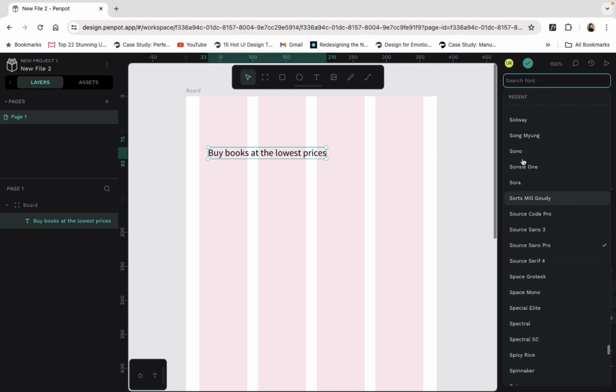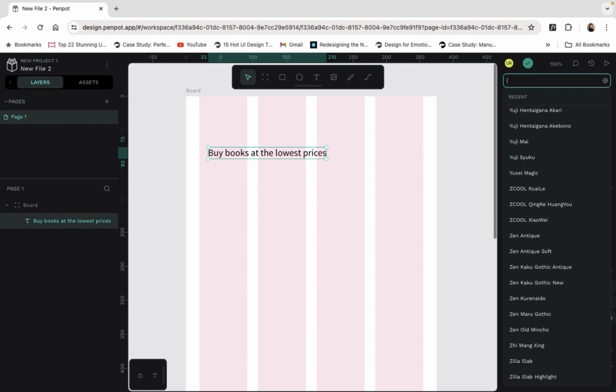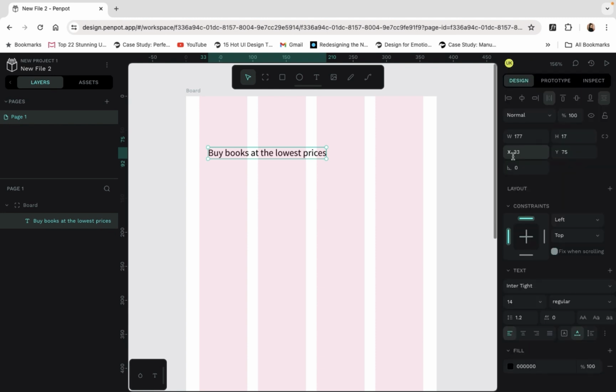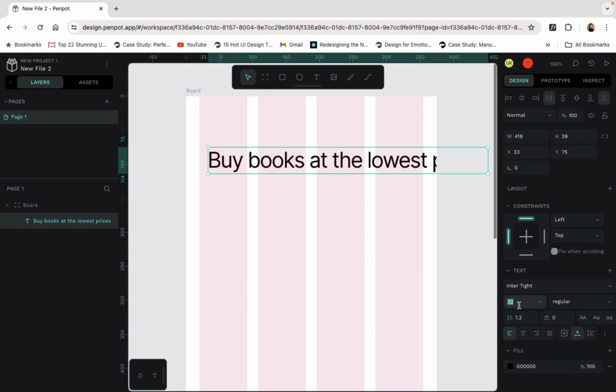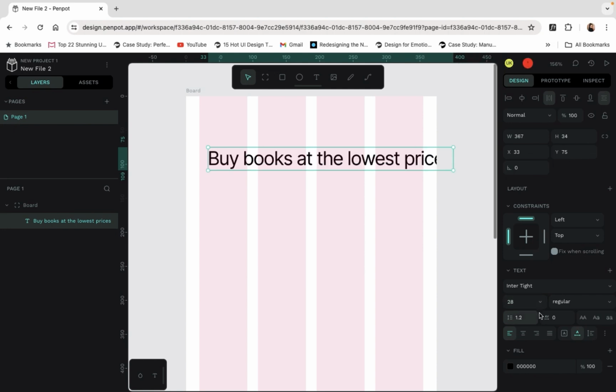I will change the font here to Inter. Now I'm going to increase the size of this font to 24, or maybe 32. 32 will be large, so I will keep it as 28 with bold font.